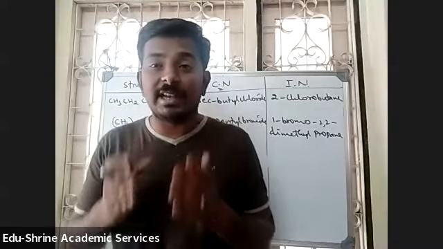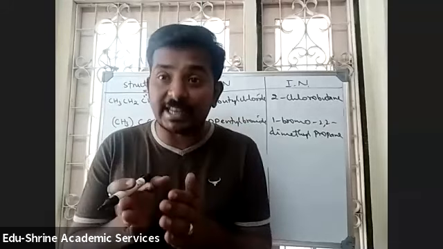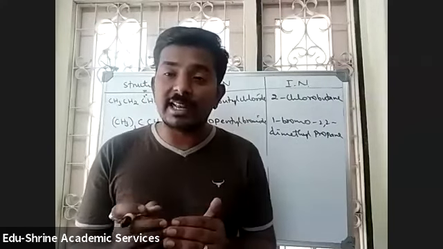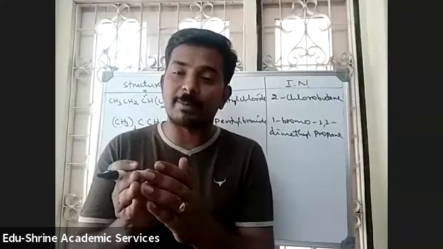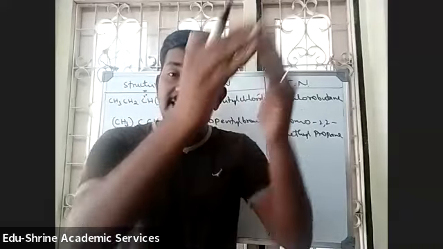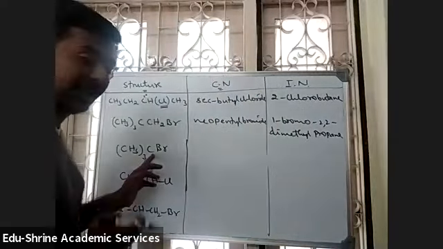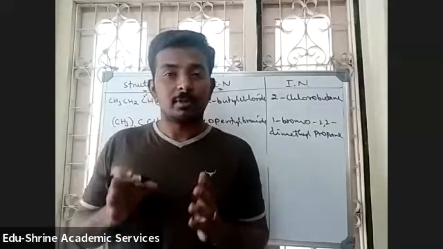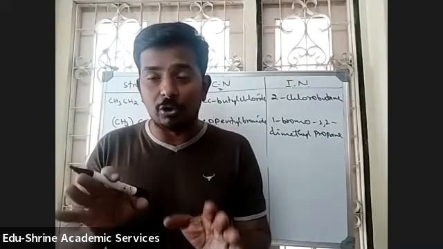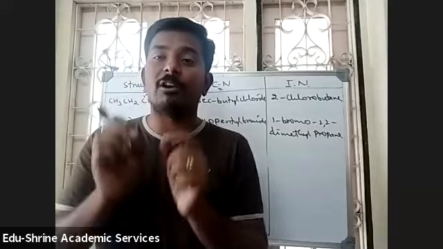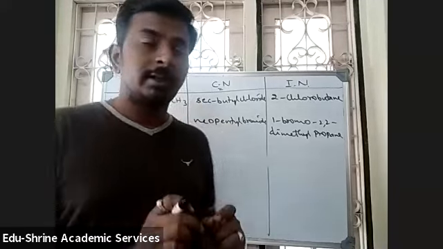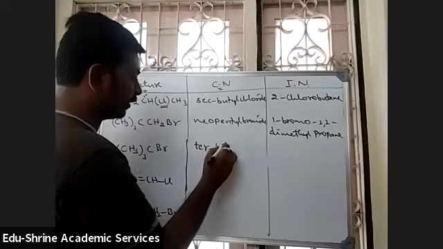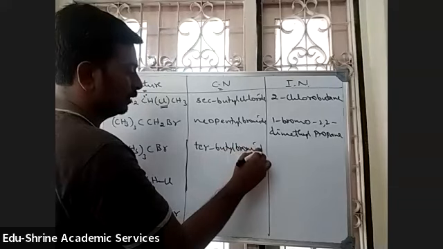Iso is the name you will get when halogen is attached to primary carbon atom, and then you must have a group CH3, CH, CH3. Neo is the name you will get when halogen is attached to a primary carbon atom, then it is attached to a group CH3, C, CH3, CH3. Here bromine is attached to tertiary carbon atom, no. Whenever it is tertiary or secondary, you won't get iso or neo. Iso or neo you will get only when the halogen is attached to primary carbon atom. So containing 4 carbon atoms, it is tertiary butyl bromide.